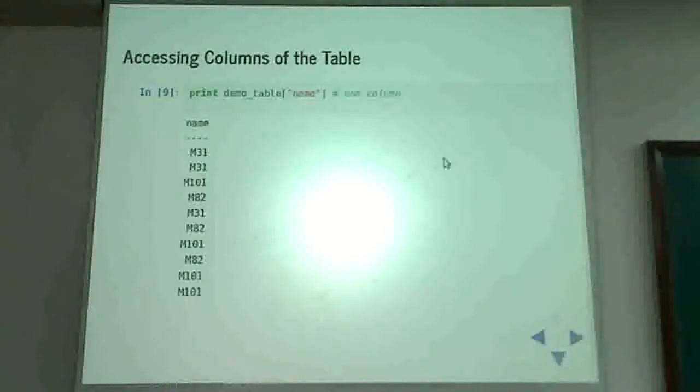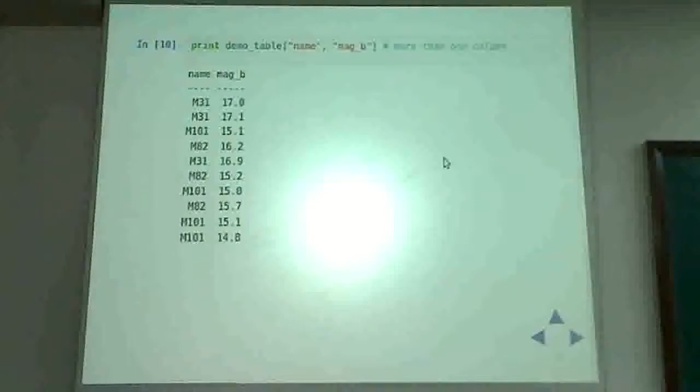Okay, so let's see how we can access the data from our table. If you wanted to access an entire column, you would do it more or less like you do with dictionaries. Here the column names are the equivalent of keys, and the output will be the entire array of numbers stored in that column. So if I say print demo table name, I get only the name column here. If I want more than one column, I'll just give a comma separated list. So it's name, comma, MacB, so only these 2 columns appear.